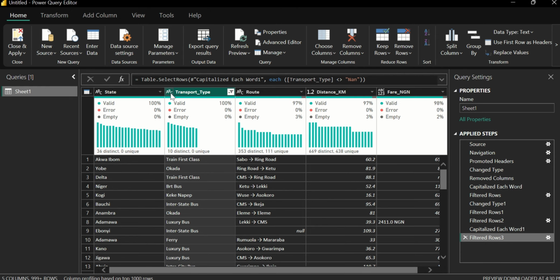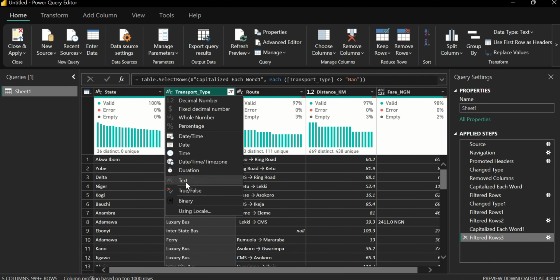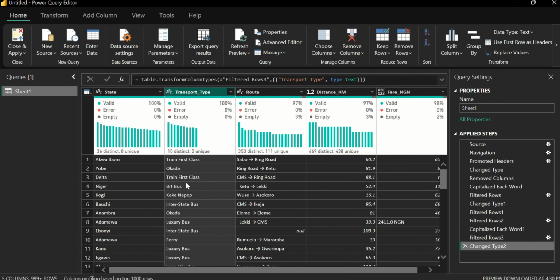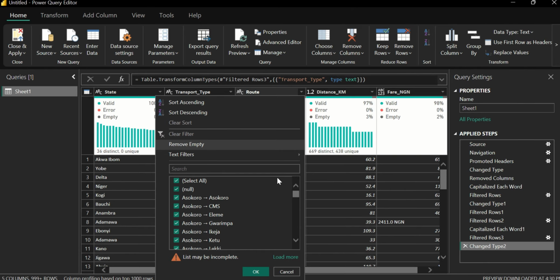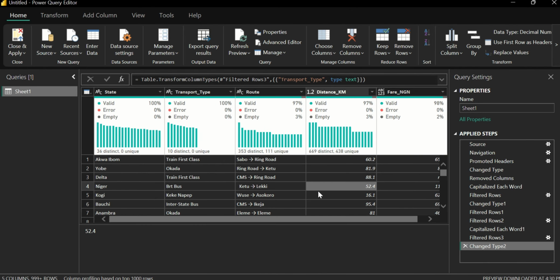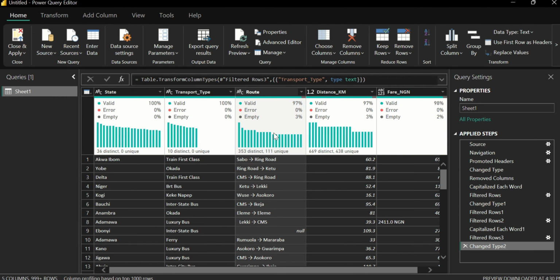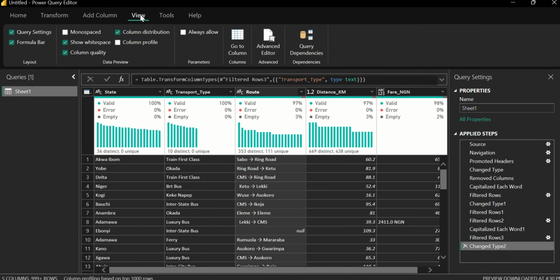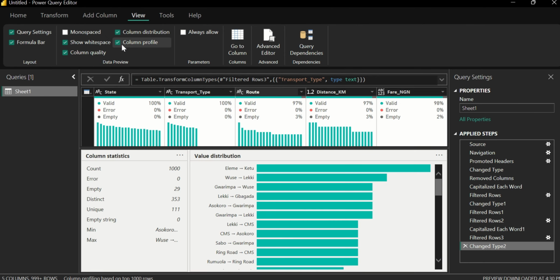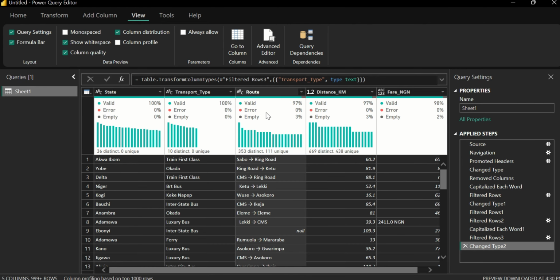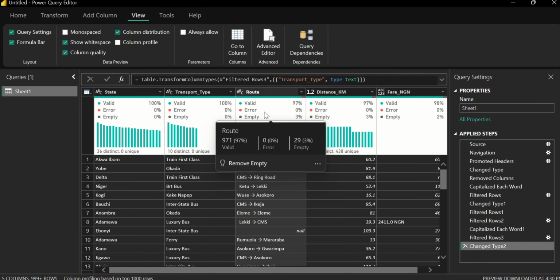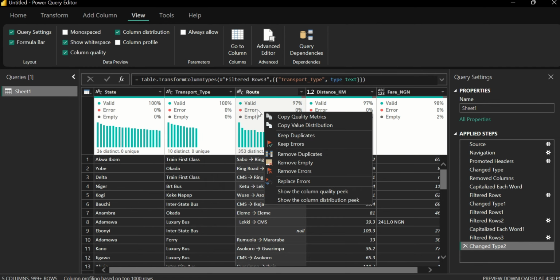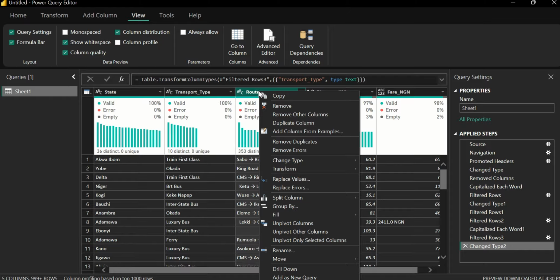Now the dataset for transport type should be in text. Let's put it in text so that we'll be on the safer side. So for this column, let's go to the next thing. If I were you, what I'll just do is I can use this view, this column profile, if you want to check. Okay, fine. So now I know the basic errors that can be in the data set. So now I can actually right click from here,